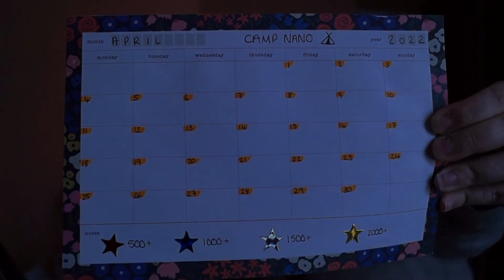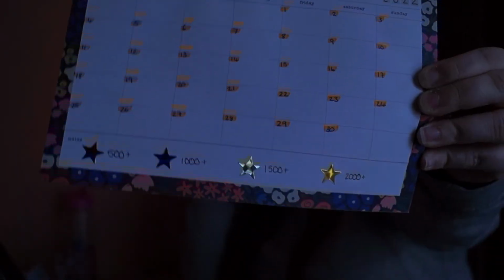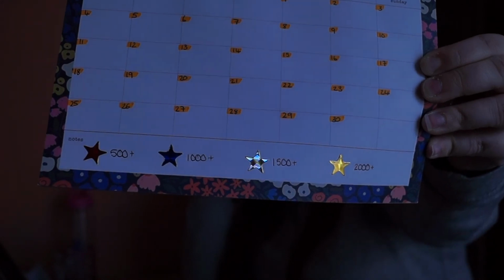I have just finished chapter 2 and chapter 3 of my AU read-throughs and picking out issues. I was looking to print out a thing for NaNoWriMo, but I couldn't really find any that I liked, so I'm going to run with this one, which is basically just a plan for the month of April. The stars I put on for how many words I hit that day. Hopefully I'll be hitting good word counts. And I sent my pictures off to free prints, it says 5 to 7 days and it's the 20th, so I'm assuming they will come before the end of April, so that's good.